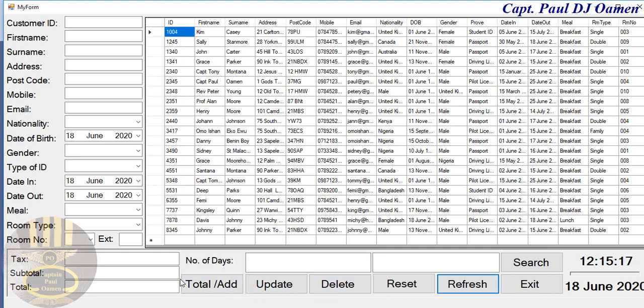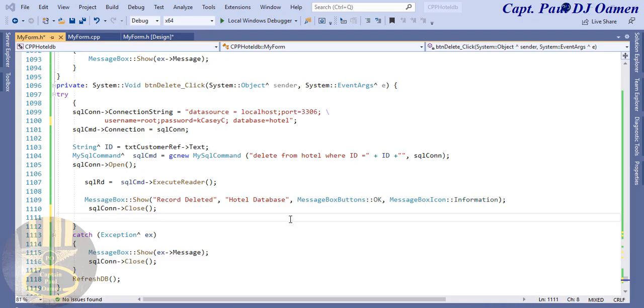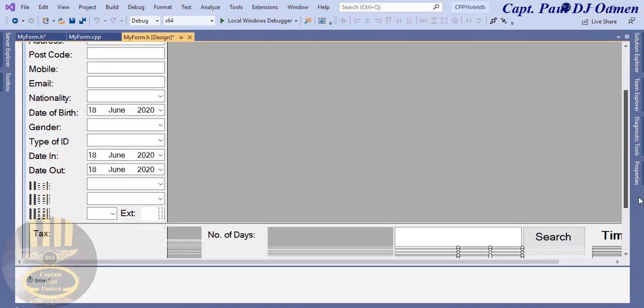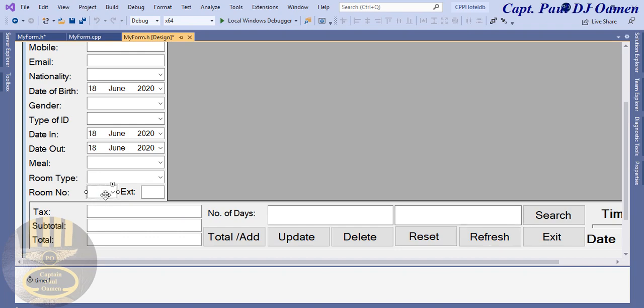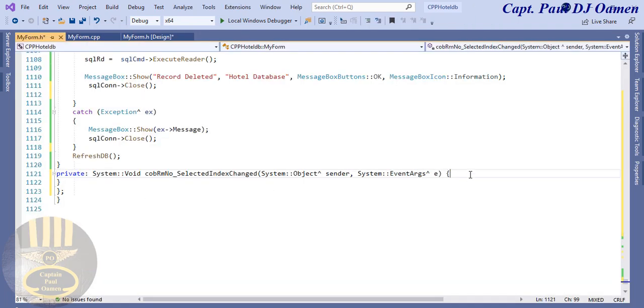So all that is left for me to do now is, when I click on this and select any of the room numbers, I automatically want the extension details, so let's do that. Alright, let's go back to the design view and come in here. That's the combo box, double click on it, and right there I'm going to enter as follows: if. Let's put that in a bracket. First thing, let's enter